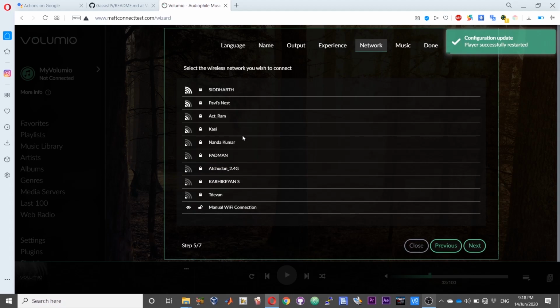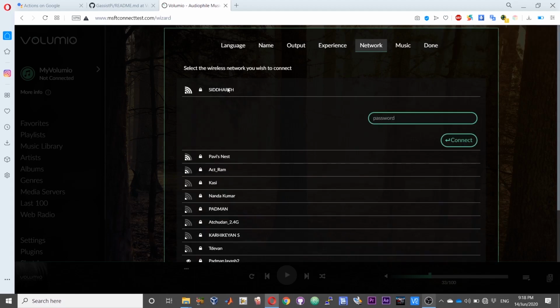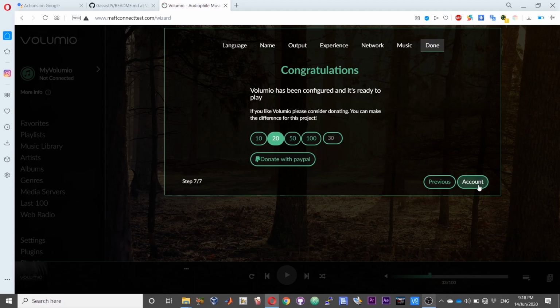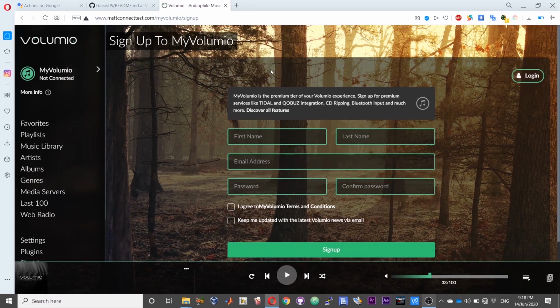Choose next and now connect your Wi-Fi. Choose next. Choose next. At this point, Volumio will reboot and it will connect to your Wi-Fi network.